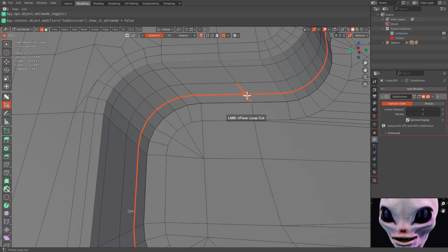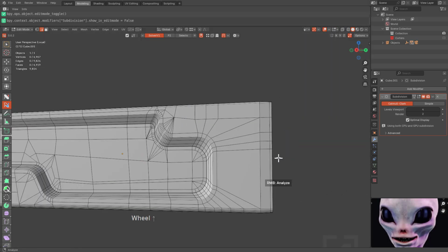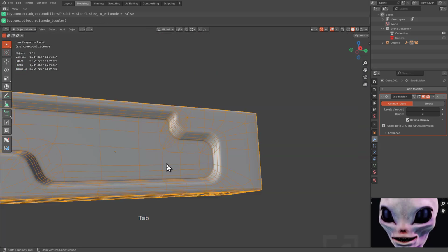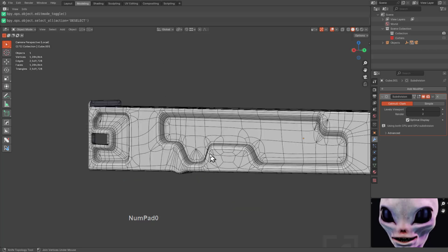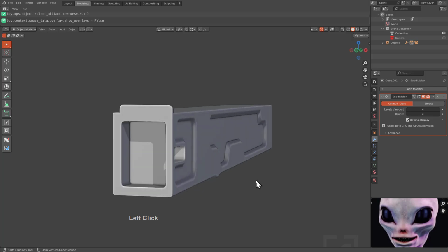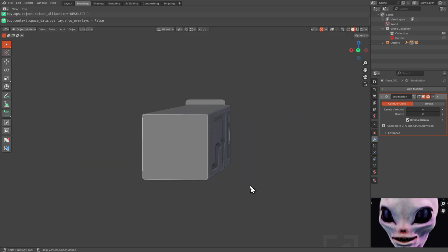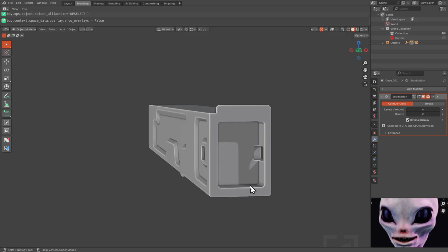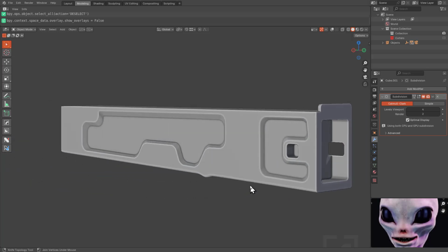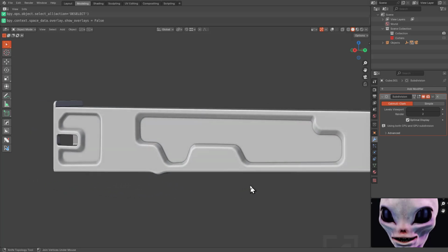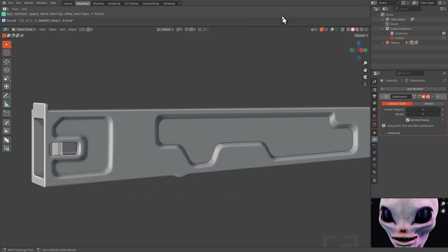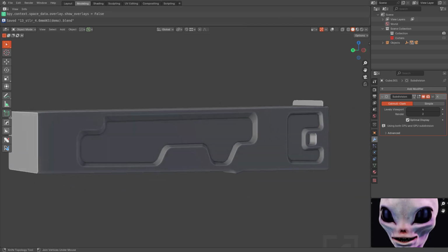But let's add a few more edge loops. We'll put an edge loop there, and we can put an edge loop here, and that is that. We just want our loops to look hard. We don't go through this level of subdivision conversion in order to get it to not be this way. Normally this is where I would end the video and say see you guys next time, but now I have to see how easy it could be. How easy could it be? Let's find out. I'll end this section and we'll begin the next section: how easy could it be.